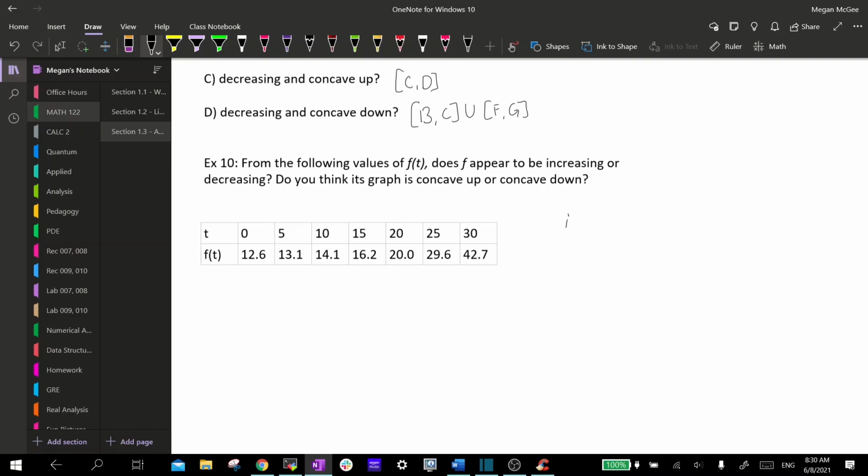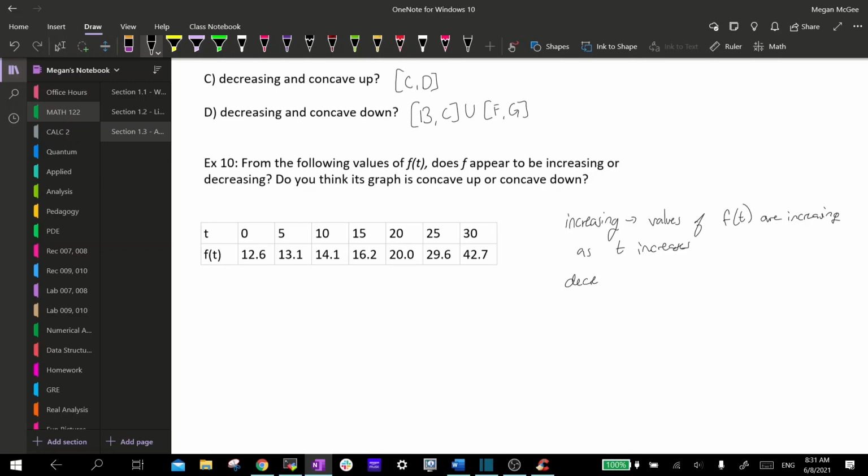So if we're increasing, the values of the function f of t are increasing as t increases,